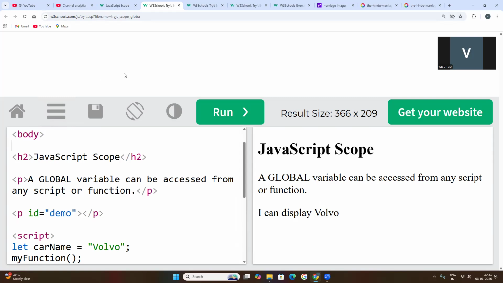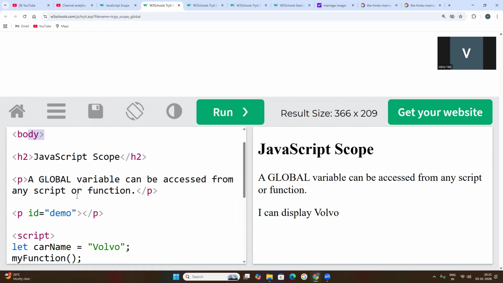Whatever browser you are using has inbuilt JavaScript, meaning that browser will be able to read the code you have written. So inside the body, whatever code we write will be displayed on the screen.